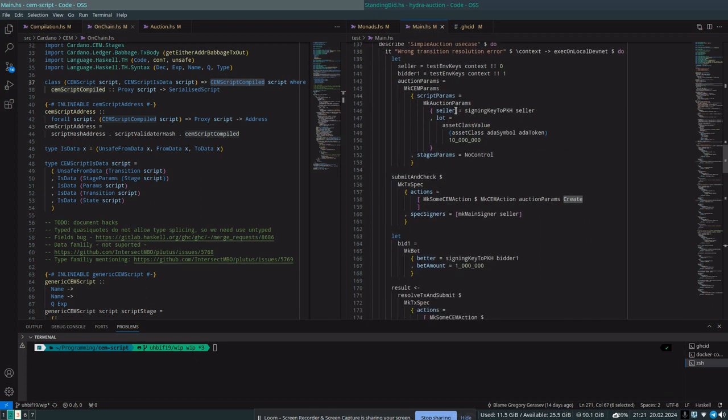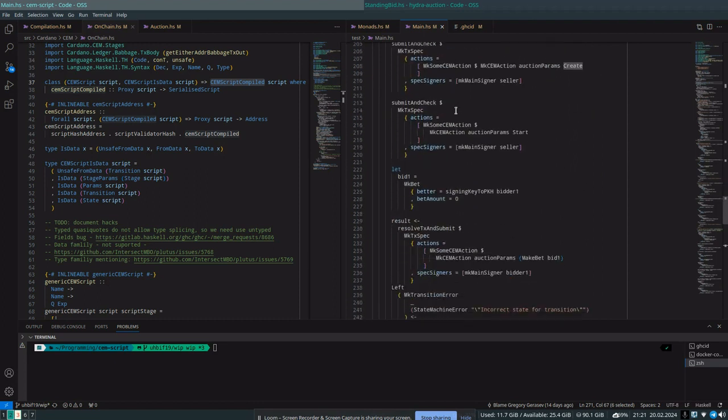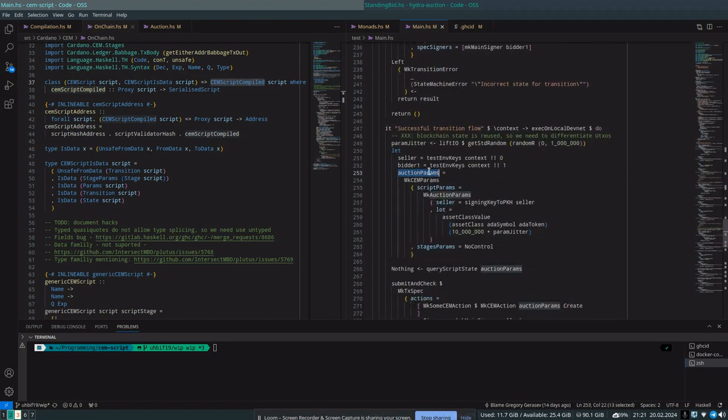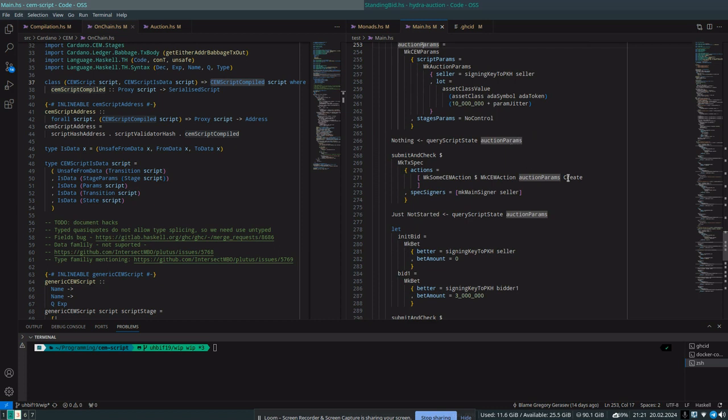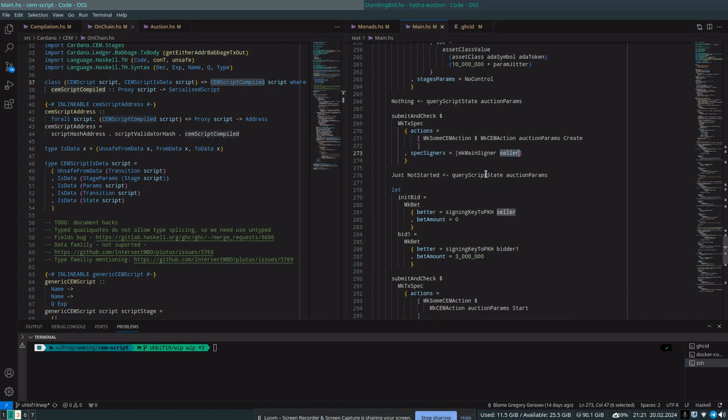We are showing how to send transactions from auction use case. For that, we create params. We specify params for this auction, which are static and do not change. And after that, they can perform any transition which is available to current state. For example, we can use create transition, which creates auction, which is signed by seller user. After that, we could query state of auction, which is present on blockchain, and see that it's indeed in the